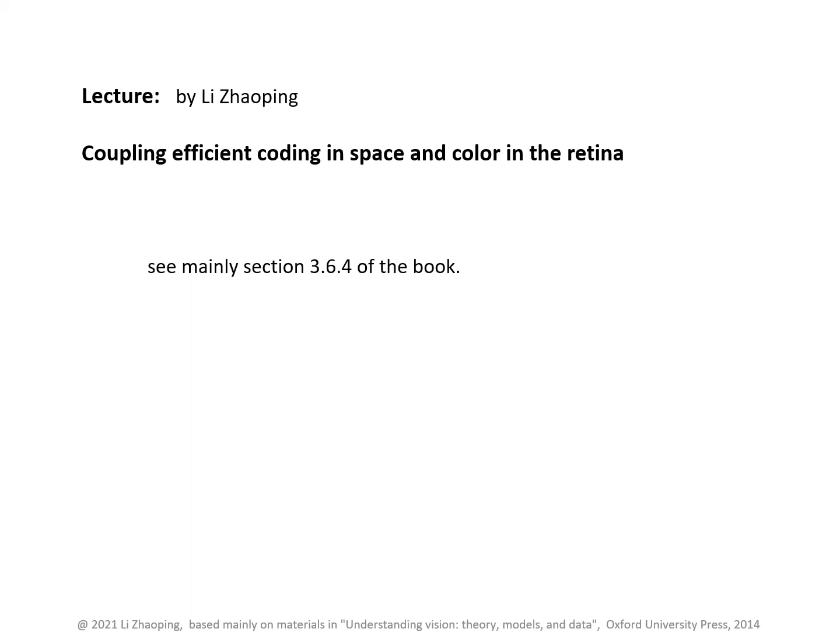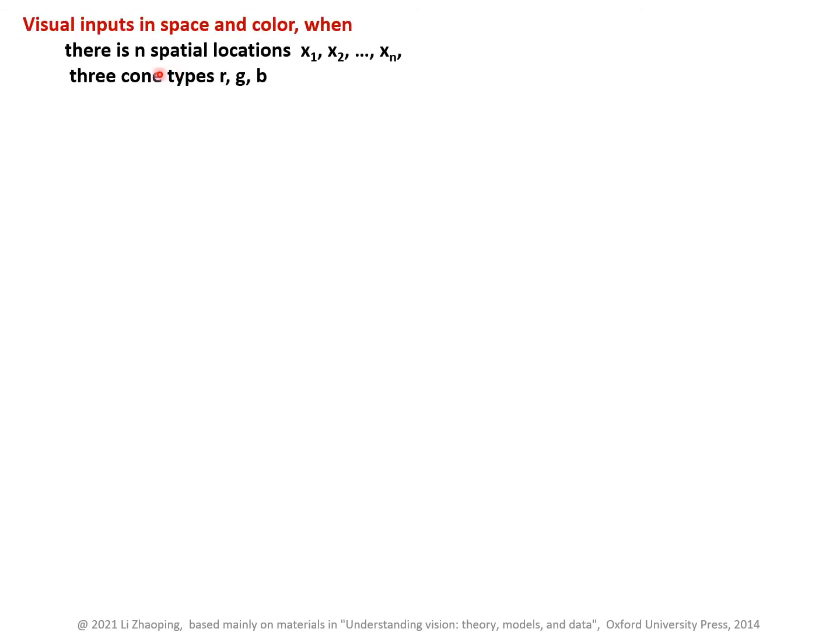Now let's couple the efficient coding in space and color. Now we have n spatial locations, x1, x2, all the way to xn. And at each location, there are 3 cone types, R, G, B, for red, green, and blue. Therefore, the input vector has its components indexed by both R, G, B, and by space, x1, x2, all the